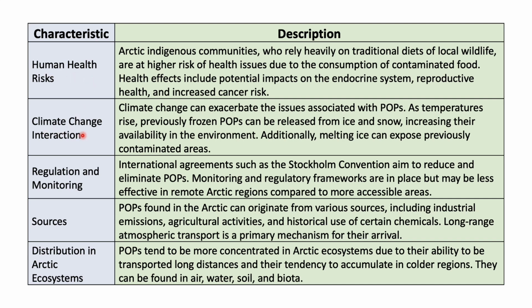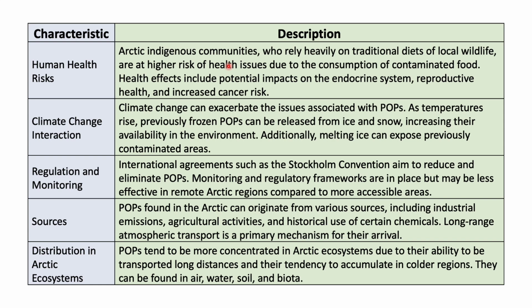Then we also know, because of this pollutant, there is a climate change interaction. Say for example, when we talk about the human health risk, the indigenous community lives on the fish and other things which are available in the Arctic environment. So bioaccumulation of pollutants not only affects the fish and other animals, but even the humans who consume this meat as food are also getting affected. For example, the health effects include potential impact on the endocrine system, reproductive health and increased cancer risk. So these are all the problems faced by the indigenous communities because of the consumption of food from the Arctic